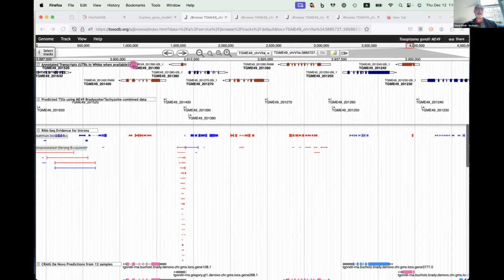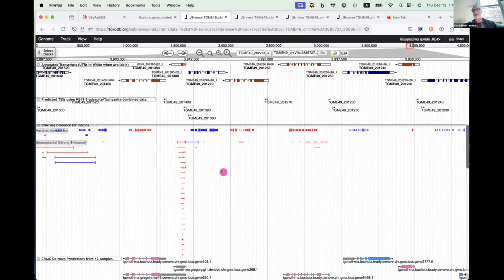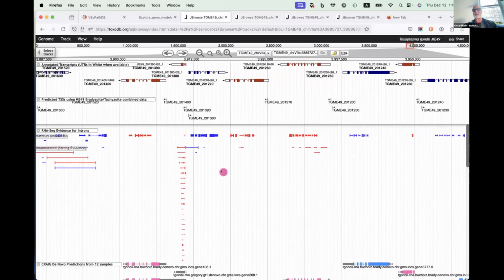Oh, one thing I highlighted is that there's a really cool feature in JBrowse where you can pin a track to the top. And that's what I've done with these 2 tracks right here, which means that they stay at the top of the page as you scroll up and down. So that's really nice if you're looking at multiple tracks and you want to see the gene model front and center as you do this. The first, and let me actually make sure this is being recorded, yeah, it is going. So the first